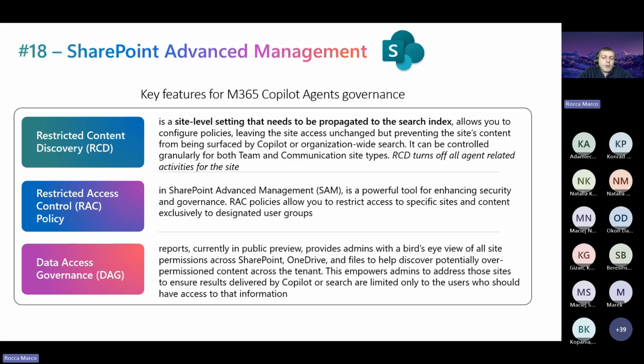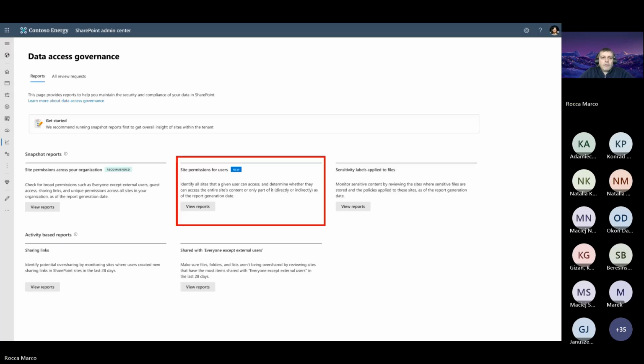You may use restricted content discovery, okay? Then block, for example, the use of Copilot inside your SharePoint site. It's possible to block, using just one click, the access to one site without managing permission by permission. And today we have a lot of new reports available to understand the current situation. For example,